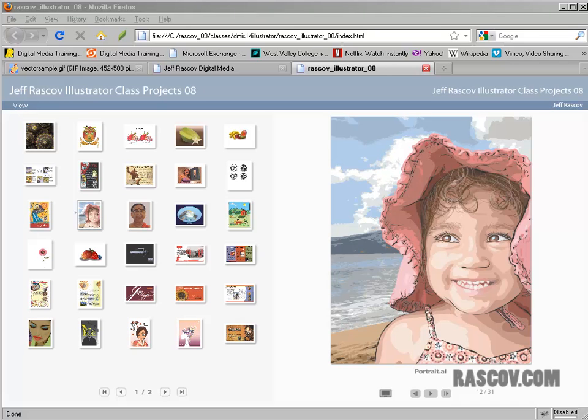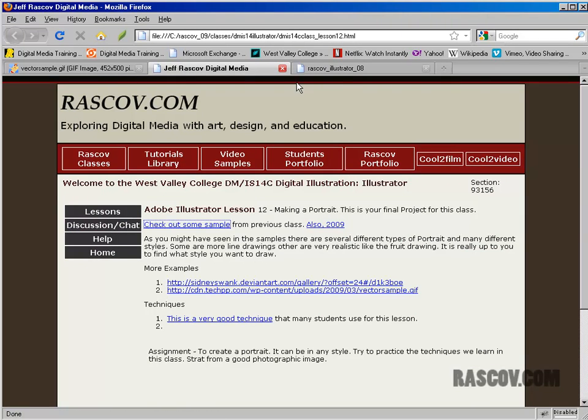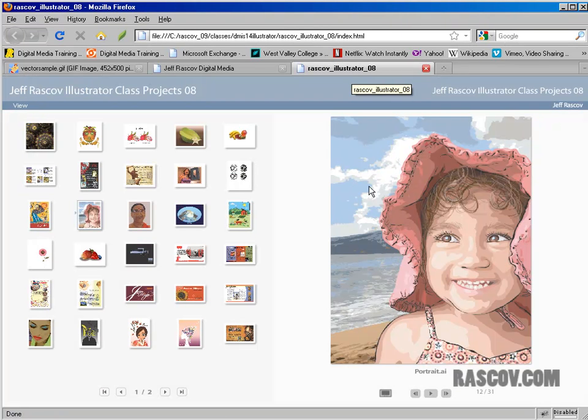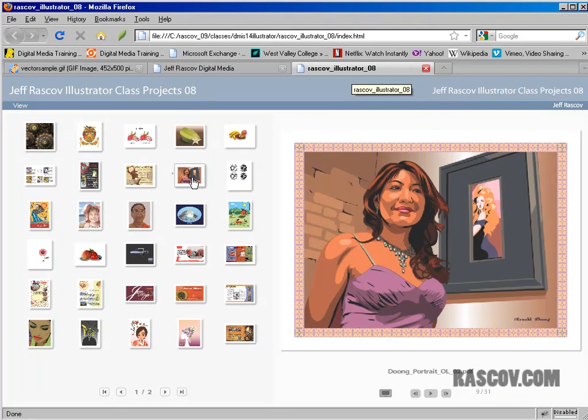Okay, this week I'm going to talk about using Illustrator to do a portrait. On the class website, you'll see there's some links to some sample pieces. These are ones from 2008, and you'll see what I want you to do is make more of an illustration. In this case, if you look at this drawing right here, you'll see it is a portrait, and